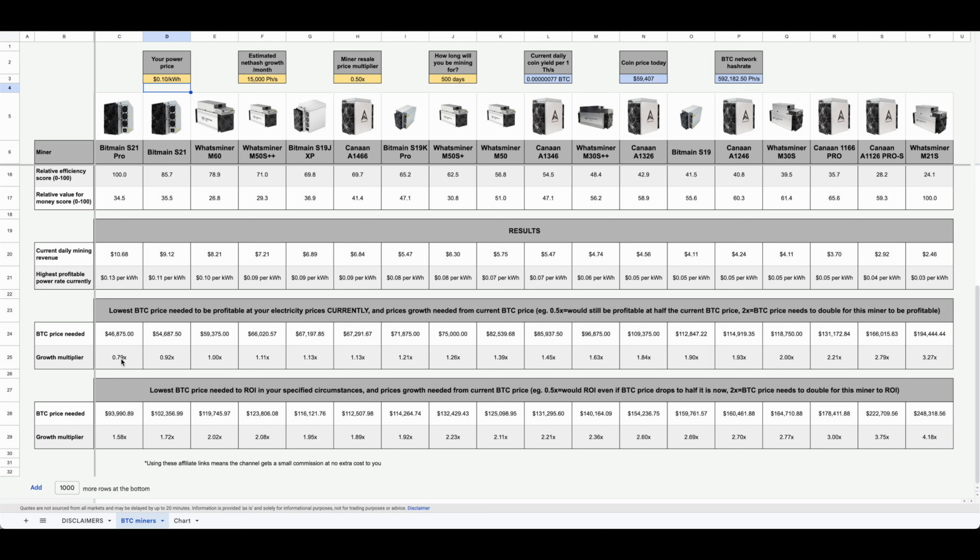But let's stick with 15 cents per kilowatt hour here, and let's move on to this next section, which is the even more advanced section, advanced in terms of the calculations that I'm doing here. It's still pretty easy to wrap your head around, but this takes everything into account, right? So basically, what this section is here is if you get one of these miners, let's again go with the S21 Pro, and you have your specified power price here, how much you expect the network hash rate to grow each month, how much you expect to be able to sell the miner for, and also how long you will be mining for. Taking all those circumstances into account, this gives you a hypothetical result,